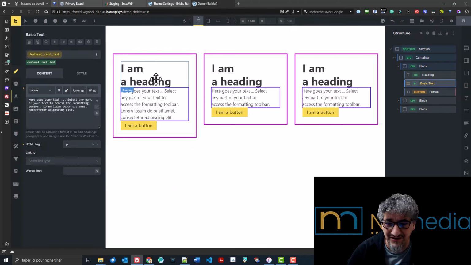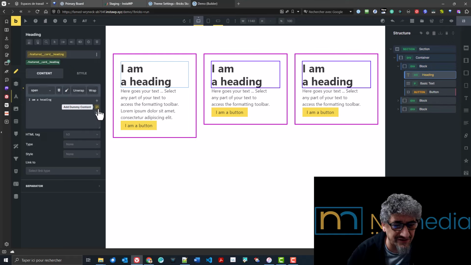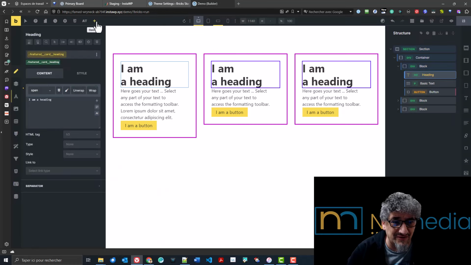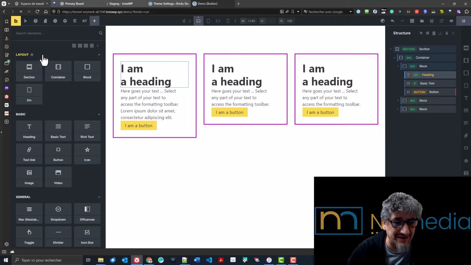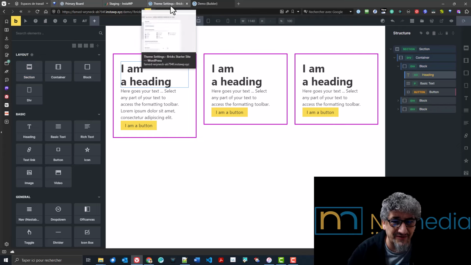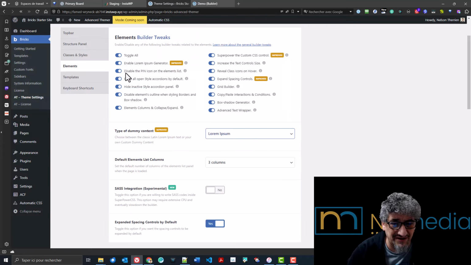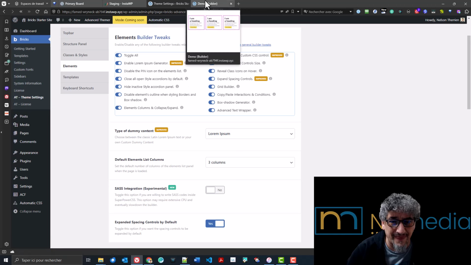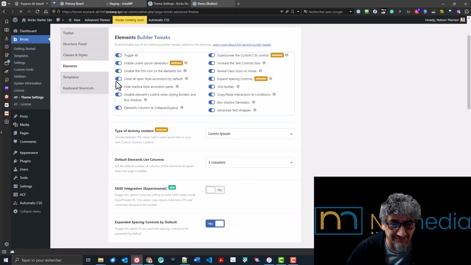Disable elements outline when style borders and box shadow. So remember, if I click on an element, let's say, for example, the heading right now, my feature card heading, you see that I have a blue highlight for all the elements, like I mentioned before, because it shows me what elements will be modified if I do some modifications here. But of course, when we have borders like that, it can make it a little bit tricky if the border already has a blue border around it,